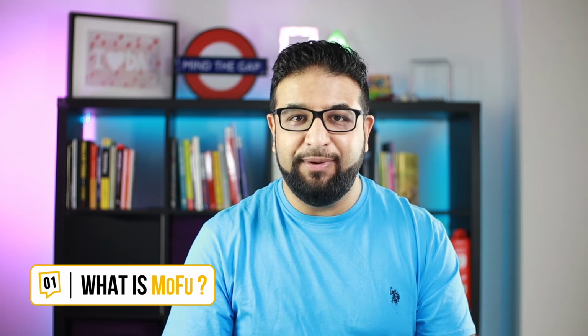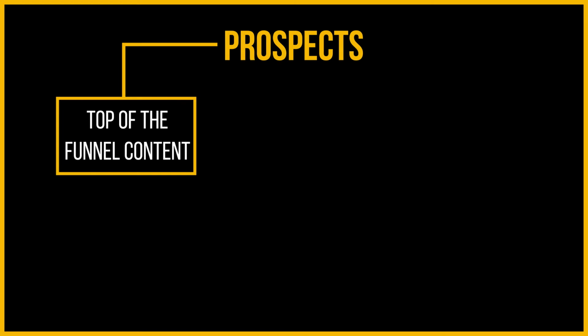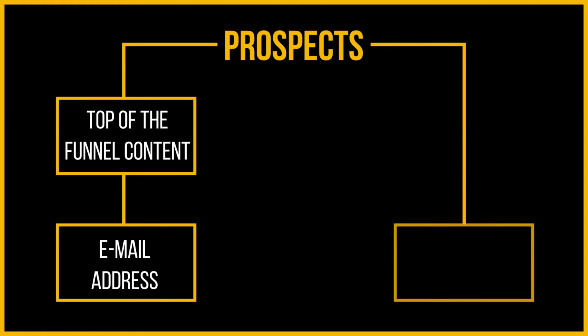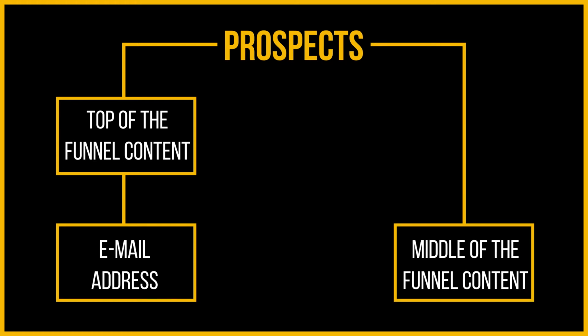In my last video, we covered top of the funnel stage and how to place different content in front of your audience who have a problem and are looking for a solution. Now there are two paths through which prospects can get into the middle of the funnel stage. The first path is if prospects interact with your top of the funnel content, and that's how you capture their email address. The second path is when prospects directly interact with middle of the funnel content using specific channels like Google Ads. We will cover both these paths shortly.